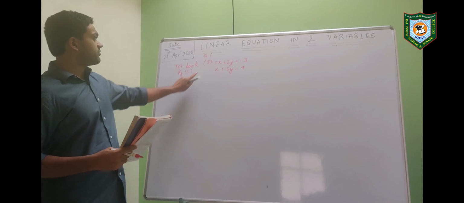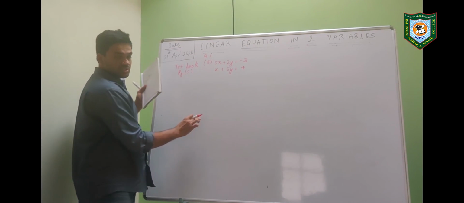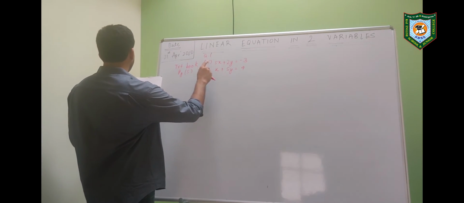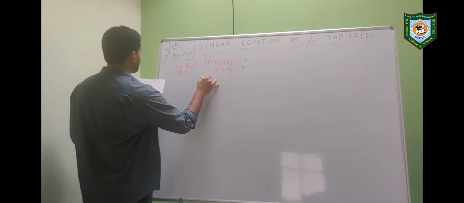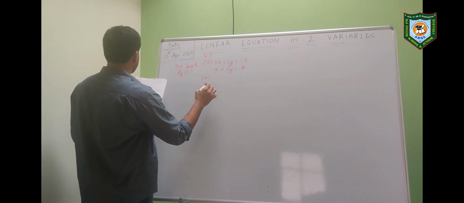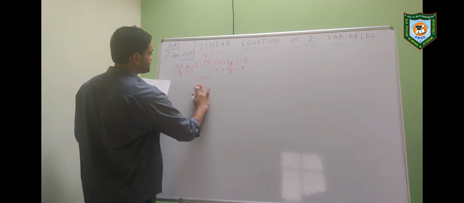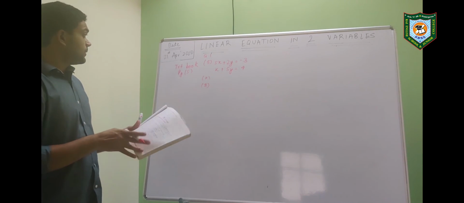Now this is textbook page number 5, question number 1, sub question 5. I'll be writing down the sub questions now so that you can understand which questions to solve. This is sub question 5. You have to move on to sub question 7 and sub question 8. Then we move on to